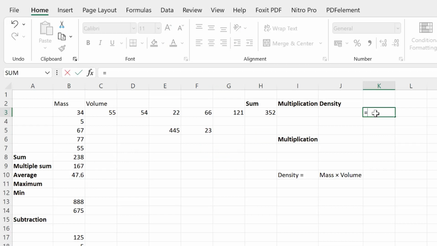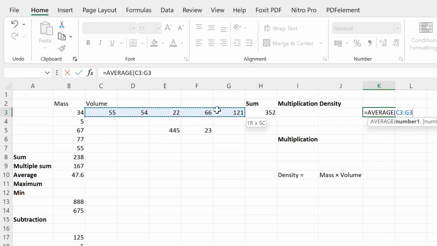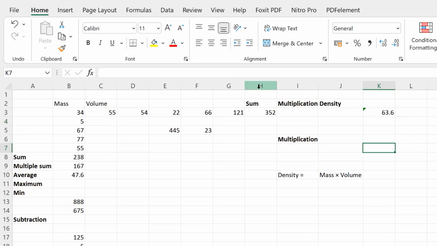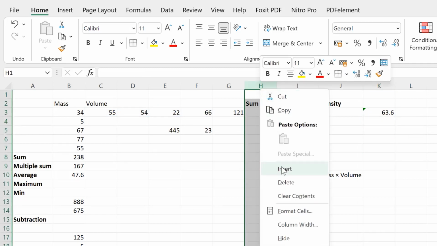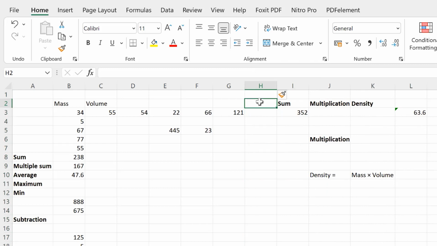For example, you say is equal to average, and you can double click and just select the cells. So for example, you say we want only these cells, and once you hit enter, it's going to give you the average. Alternatively, you can insert a row here. For example, insert, and you may want to take the average from here,